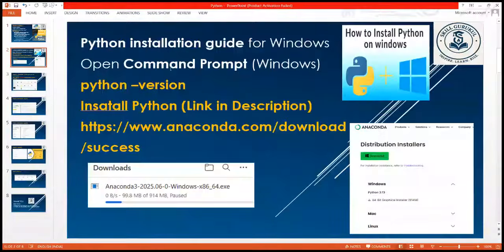So how do we install Python? Now, installing Python for Windows or Mac. Just open the command prompt and type python --version. If you have already installed Python, you can see that. Else you can install Python. We'll put the link in the description so that